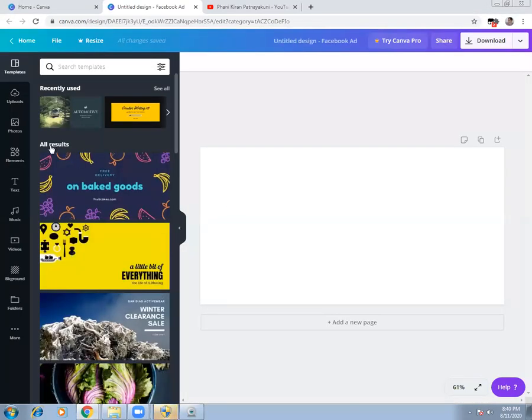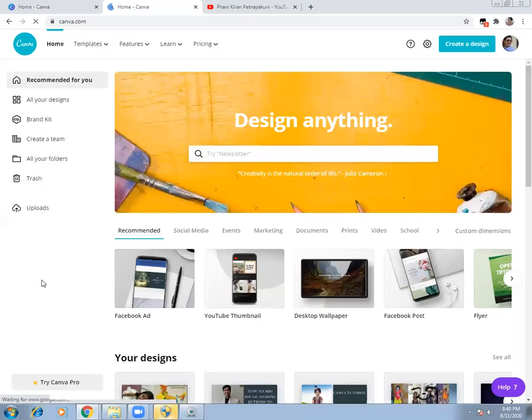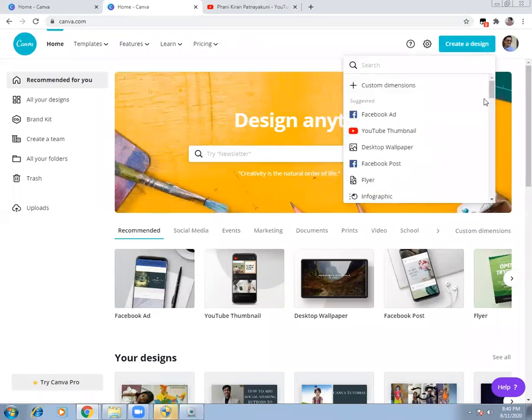So for example, here you go. For people who logged in late, I just wanted to let you know that all we did was go to this tool called canva.com. This is the home page. Once you sign up, like how you created a Facebook account, you need to create an account on Canva. And once you create an account on Canva, you say create design. There are so many options in Canva with different sizes. These sizes will automatically fit on your Facebook. These will fit on your YouTube.